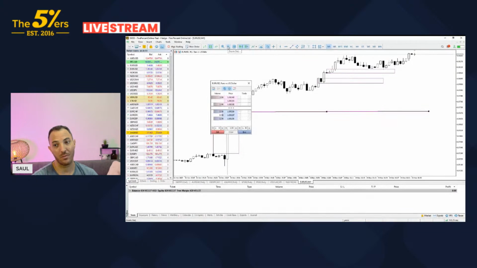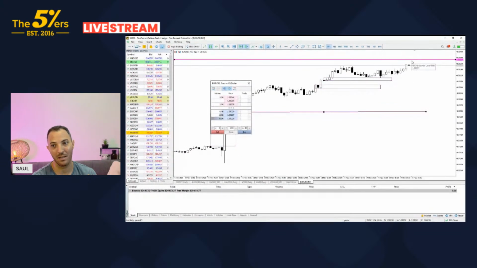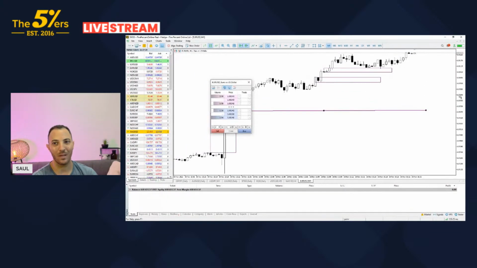So now, wait. If it goes in my favor, that's great. I have no regret. You know why? Because if it goes to the purple line, most likely it will find resistance. It will give me a pullback, and I'll be able to buy again. So I don't care if I compromise that 5 pips. I gave up on the 5 pips that I was looking for, because I will re-enter the market. On the other hand, if it turns back right now, at least I banked profit already.